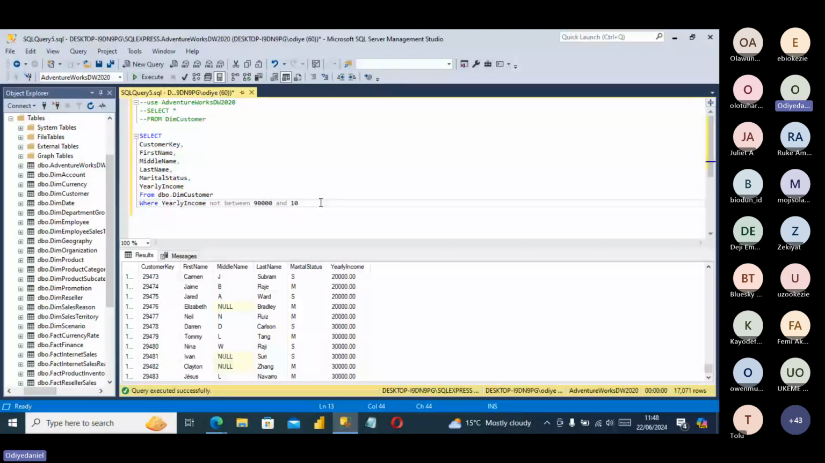This time I will be making use of last name. So it will be select, after you've listed all your customer key, first name, middle name, last name, marital status, yearly income. From is very important. It's just like writing a story, you need to put your where, from, all those things. So from, you need to select from which table, from the dim customer table, where